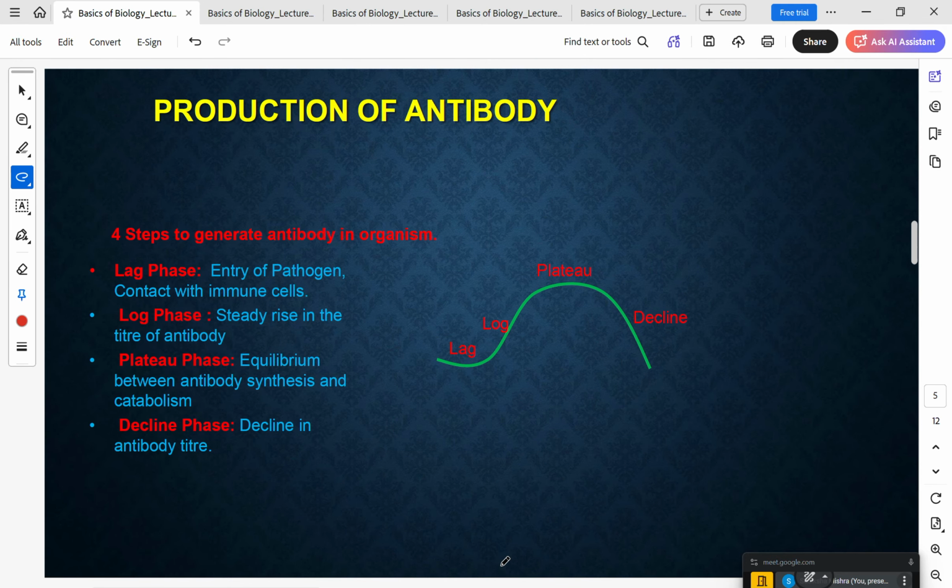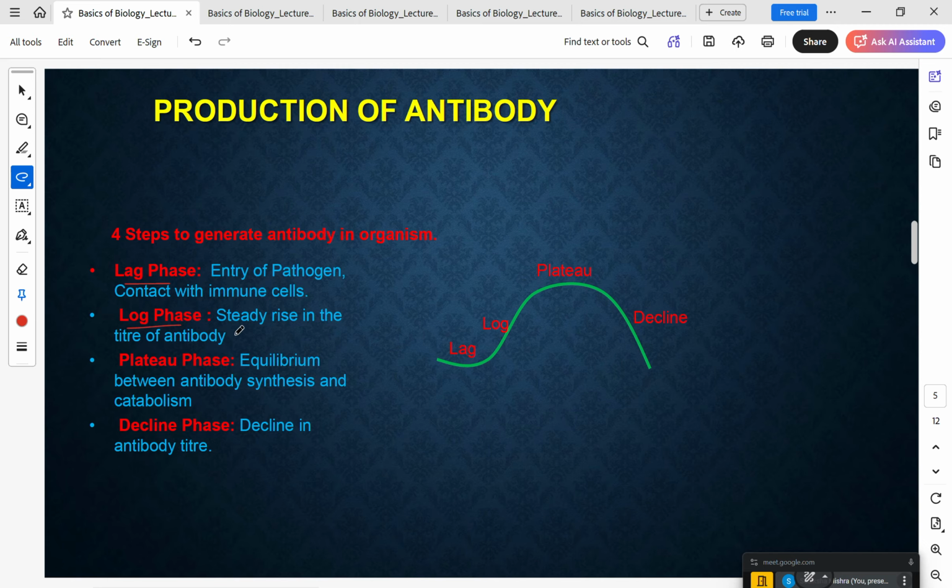Okay. So when antibody is produced in the body, there are four phases that the plasma cells go through. There's the lag phase, which is the initial phase where the immune system has encountered the pathogen after its entry into the host. There will be antigen presentation, there will be a reaction of the immune system to the pathogen, but the production of antibody has not yet started, so antibody production is usually at a baseline level at this point.